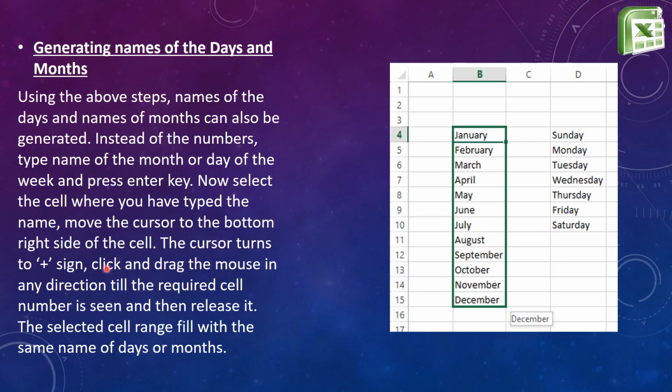The cursor turns to this thin plus sign. Click and drag the mouse in any direction till the required cell number is seen and then release it. The selected cell range fills with the same names of days or months. Before that, we will see the same example in live demonstration.